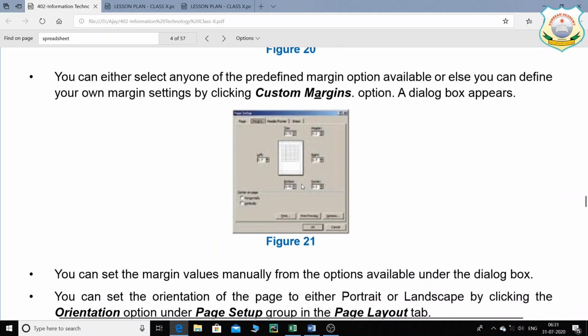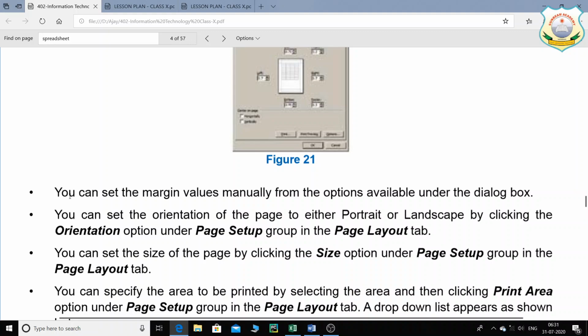Then this is the custom margin, which I've just demonstrated, how you can specify the custom margins. You can make the changes according to the need. If you want to narrow down the margin, you can just narrow it down. You can set the margin values manually from the options available under the dialog box.